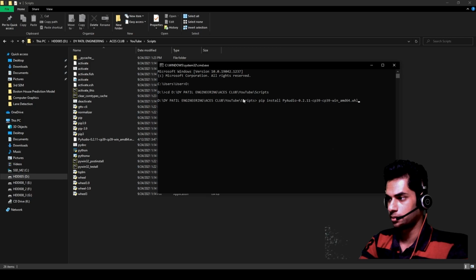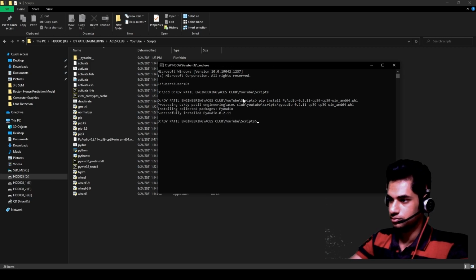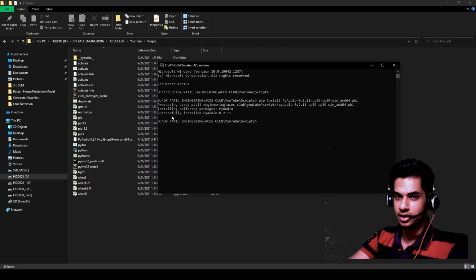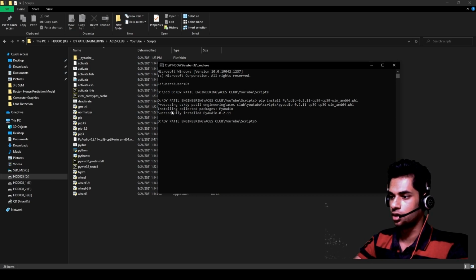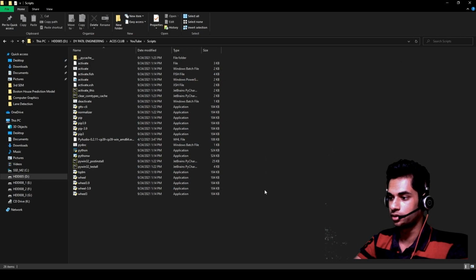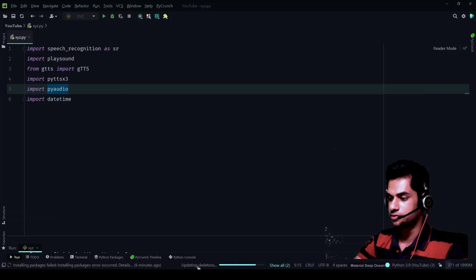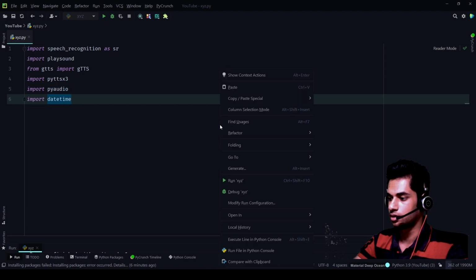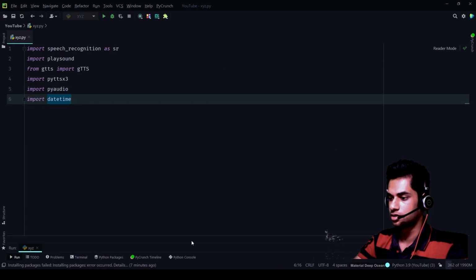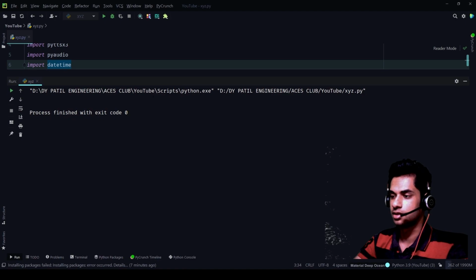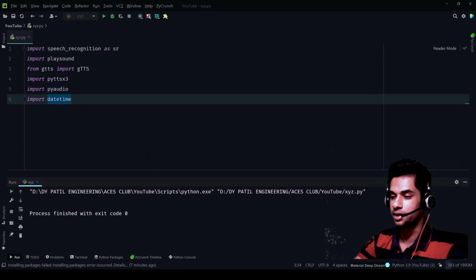You'll get the whole name, hit enter. There you go. Now as you can see, it has been installed so easily, successfully installed PyAudio. Done, that's it. You've installed PyAudio right now. Now how to check whether everything has been installed or not? Just wait till this. Okay, it's installed. Just run. See, there are zero errors. Completely everything has been installed very smoothly, beautifully. So this part has been done.